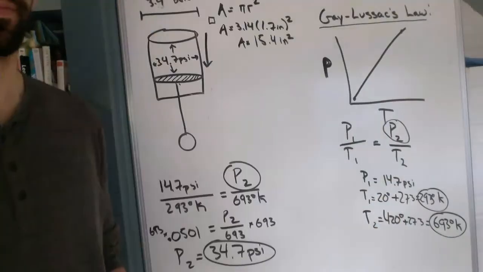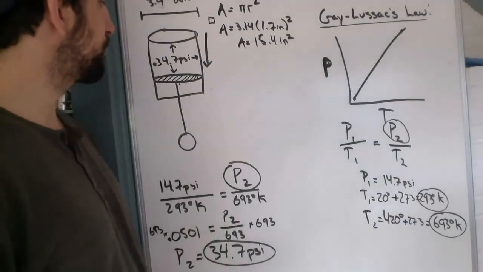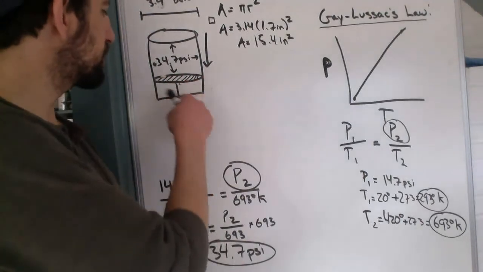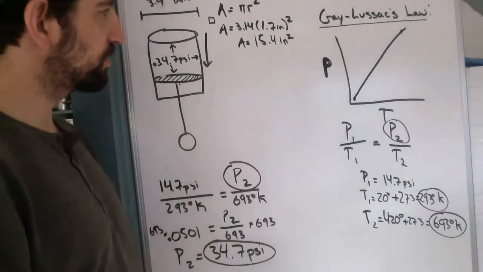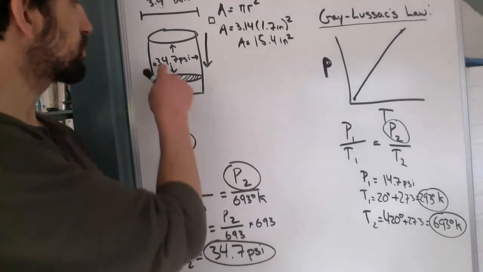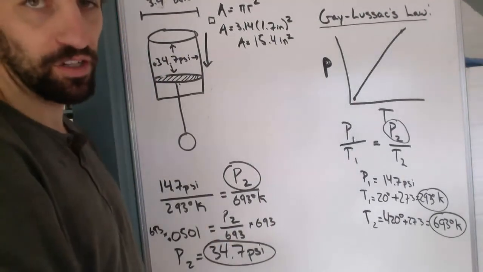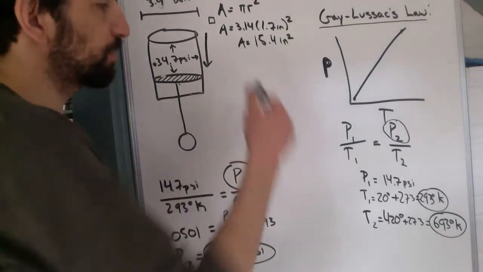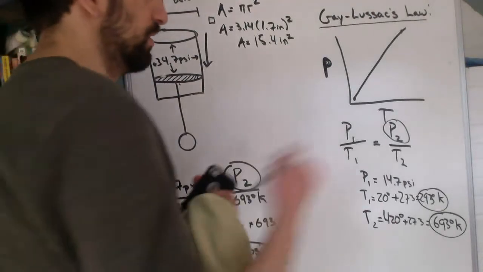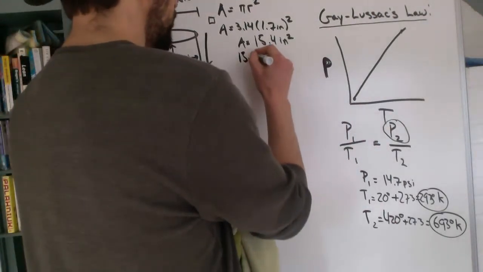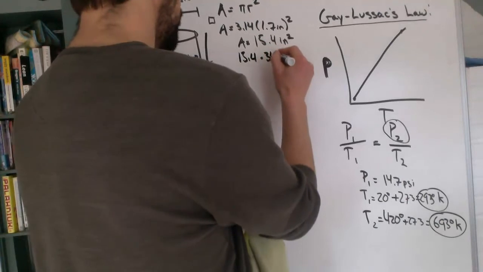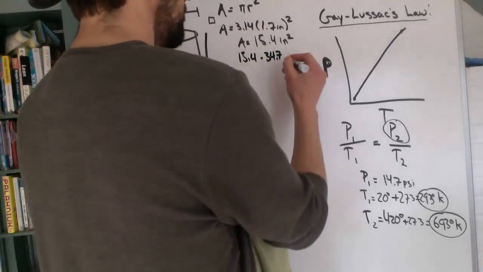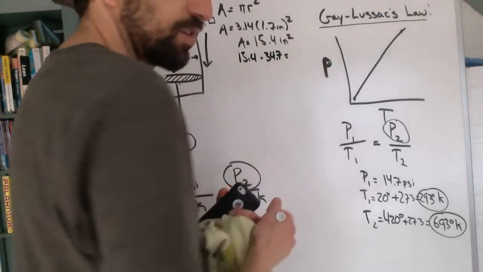Okay, so if I want to know the total force that's being pushed down on this cylinder, I need to take the pressure, which is 34.7 pounds per square inch, and multiply it by the number of square inches, 15.4. So 15.4 times 34.7 psi is equal to a total downward force of